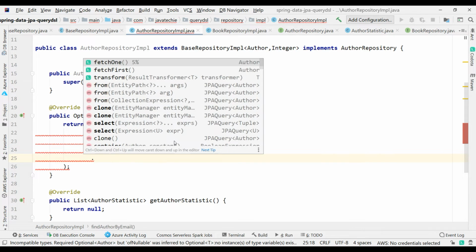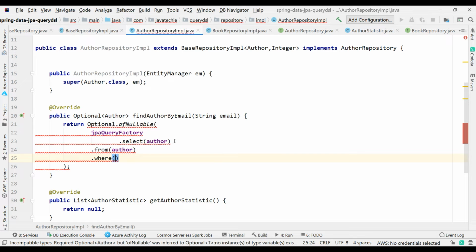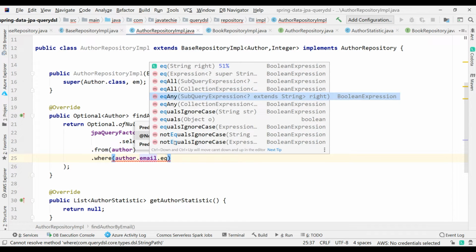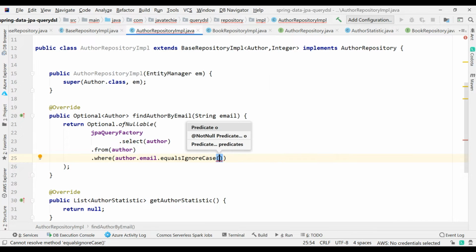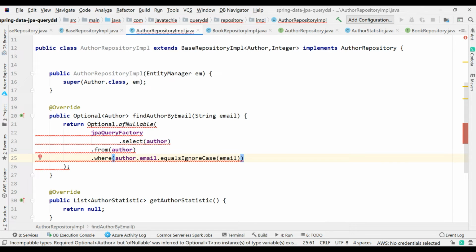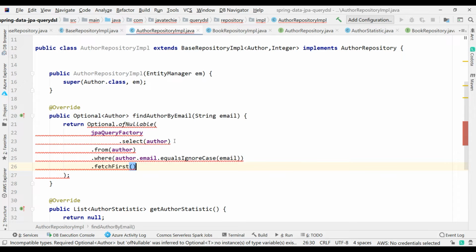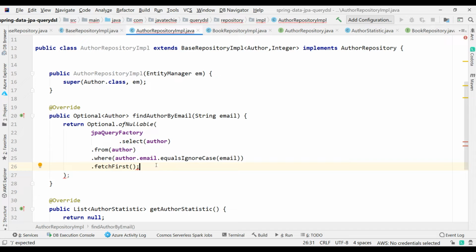Then just add a condition where author dot email id dot equals ignore case the given email id. Then just fetch first, yeah, fetch first. So this is straightforward, right? Why is there an error? Okay, it's not closed.